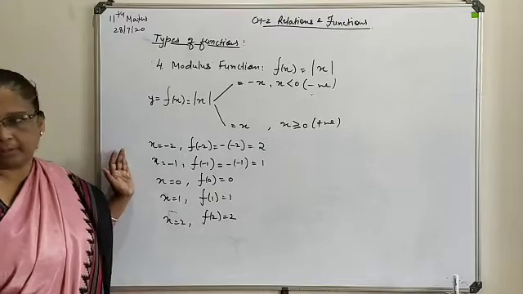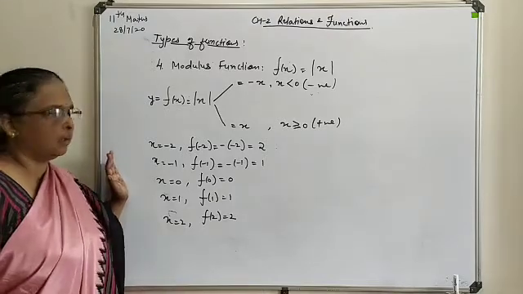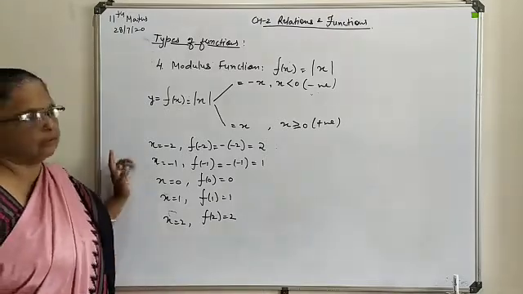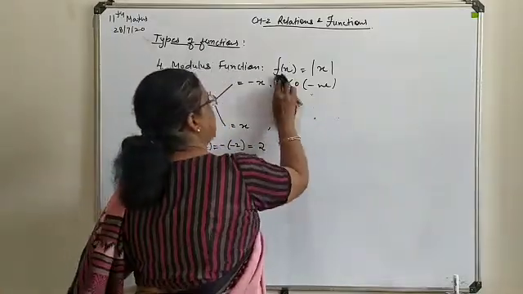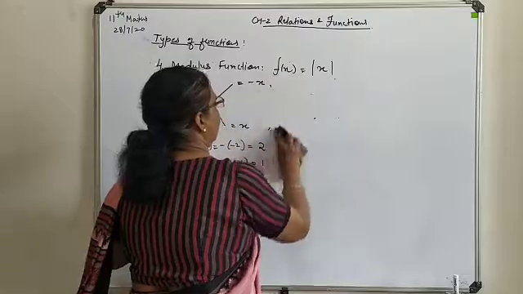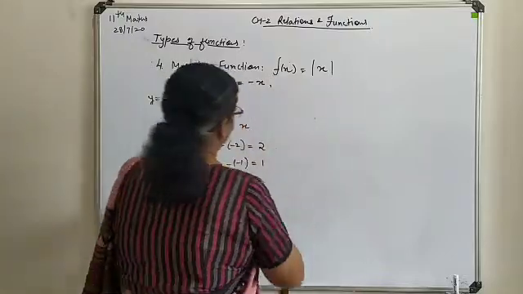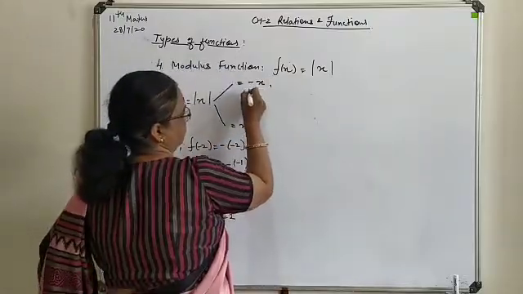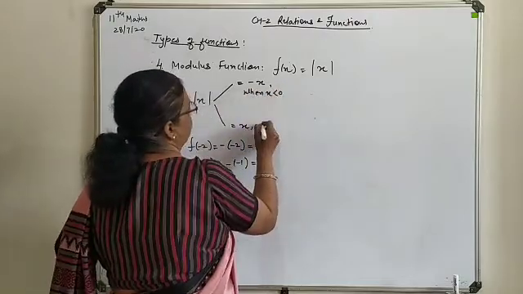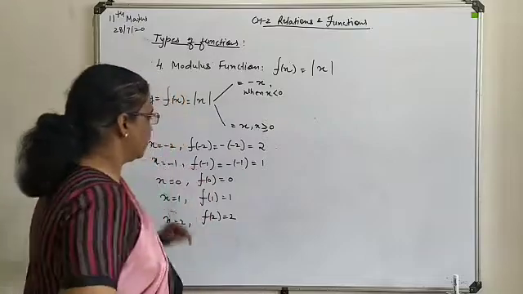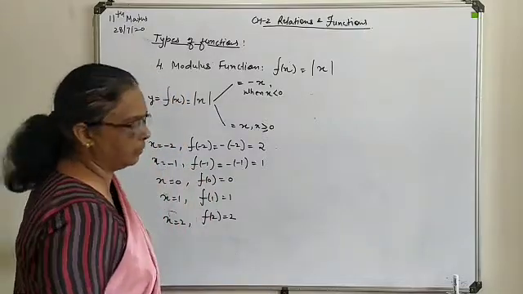Now its graphical presentation, how it can be worked out as a graph. These are the two ranges we have discussed regarding your modulus function. Here it will be used when x is less than 0, and it will work when x is greater than or equal to 0. Now regarding that, we form a table.